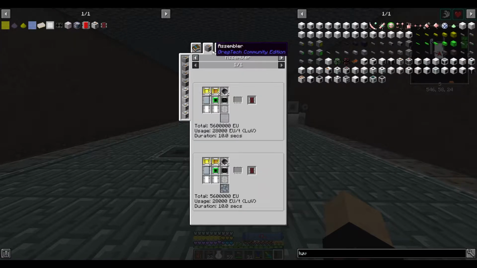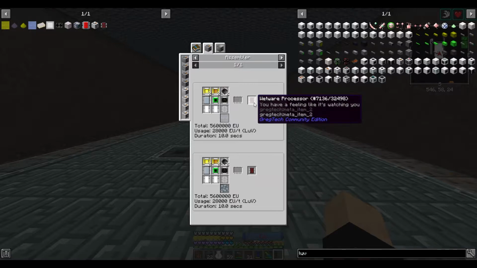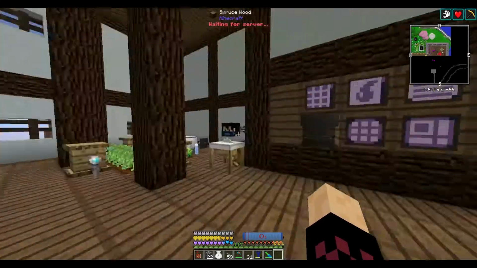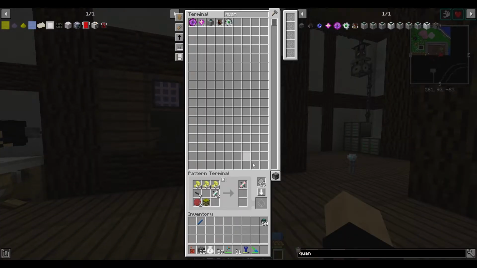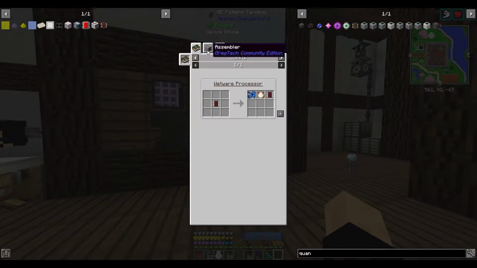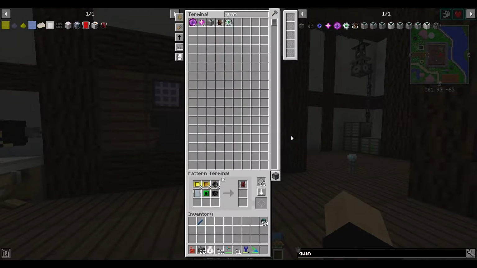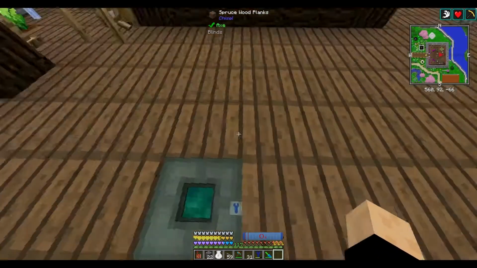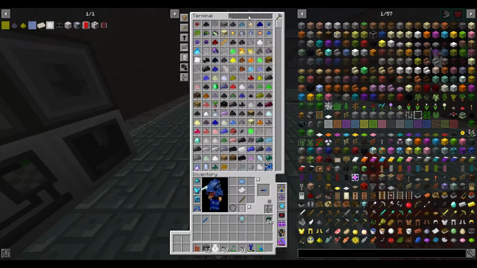Now, how about making these wetwares? That is perfectly in reach. Nice. And is there an easy recipe for this? No, apparently there is not. But that's good enough for us, I guess. So, wetware processors, like so. This is going to be a LUV, isn't it? Yes. Okay. And just to try it, can I make